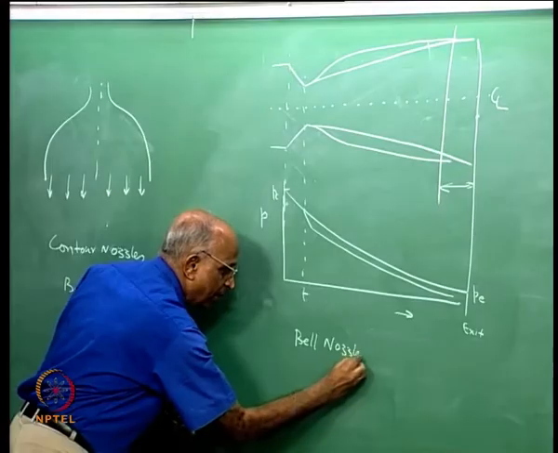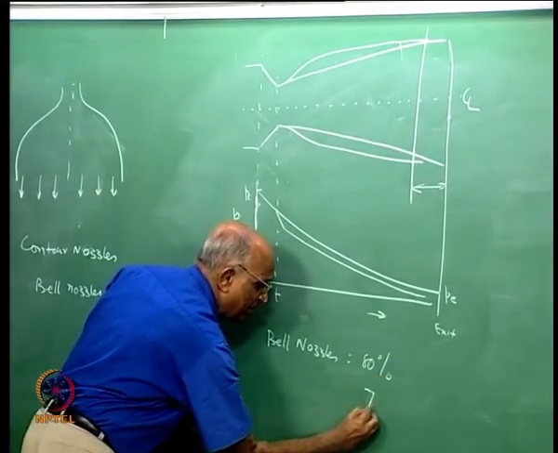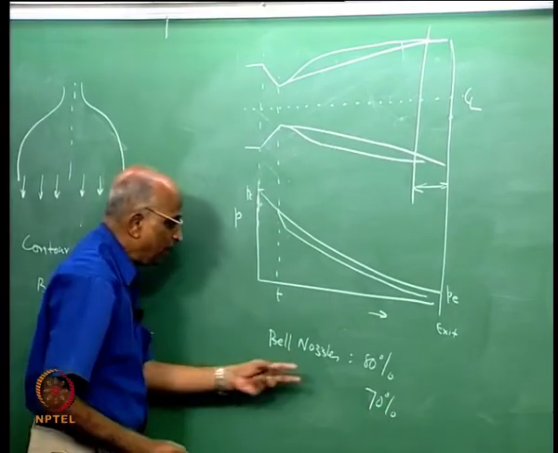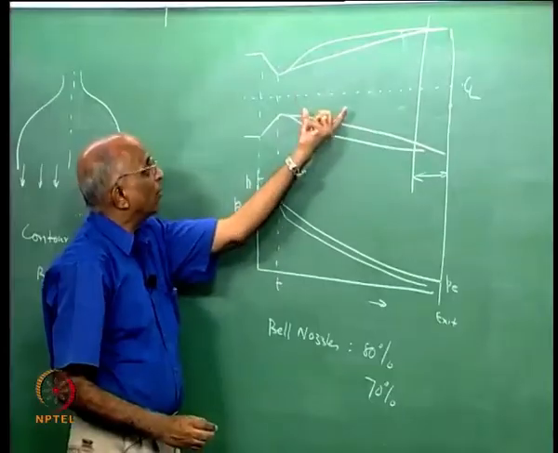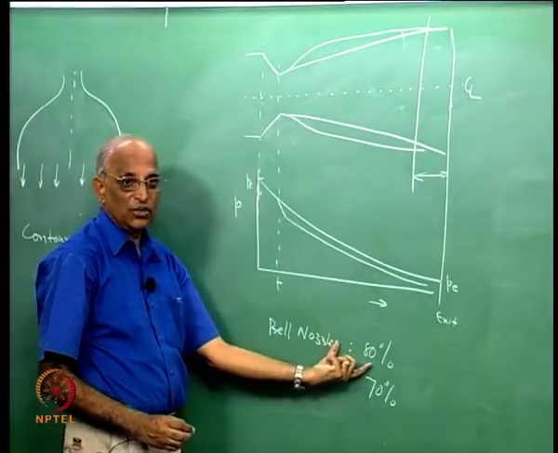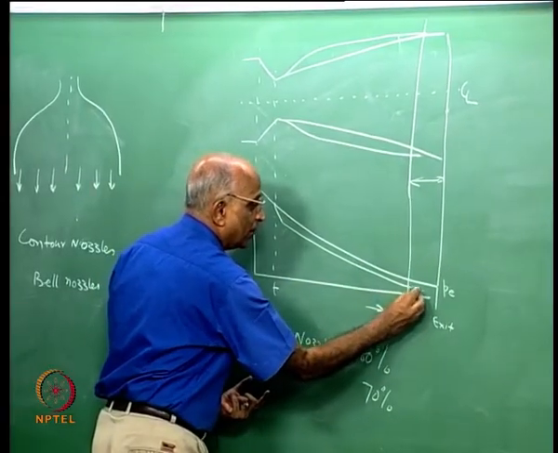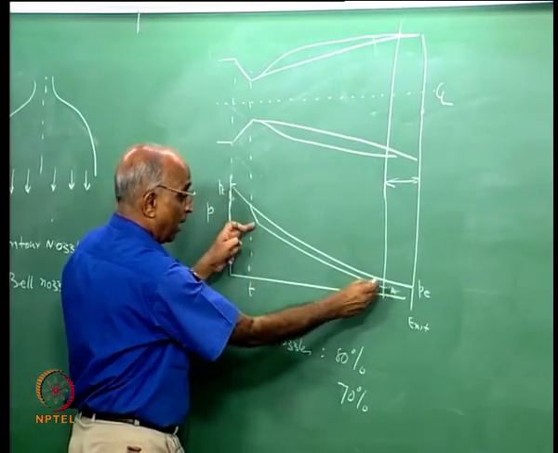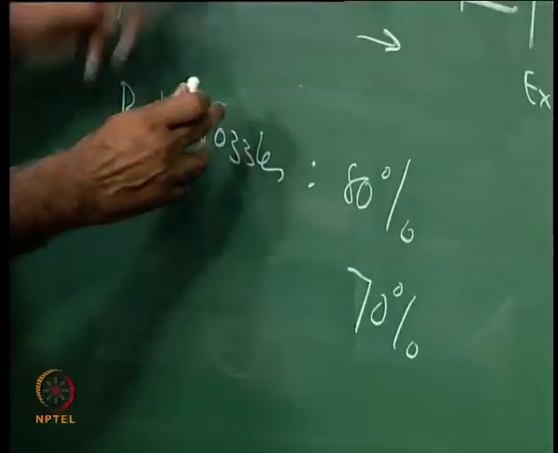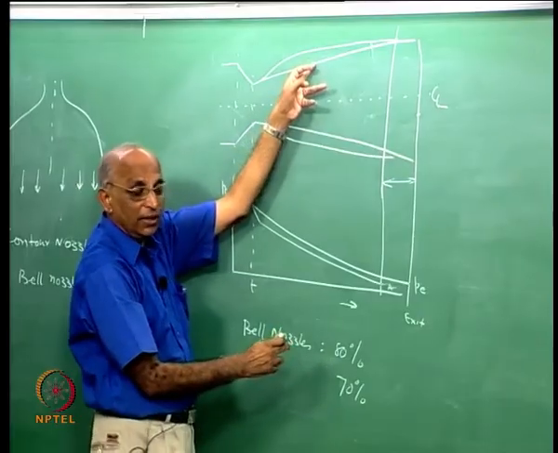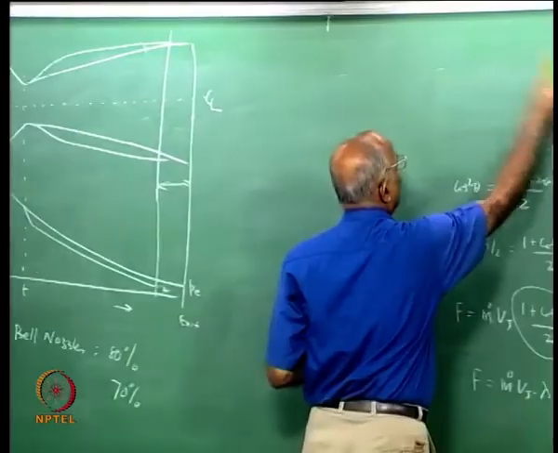are specified in terms of, let us say 80% bell, or they say 70% bell. What do we mean? A bell nozzle whose length is 80% of a conical nozzle is all what is required. I can terminate this over here, because here itself I have got the value of P, and therefore I am able to use a contour nozzle much more effectively than a conical nozzle. In other words, a bell nozzle